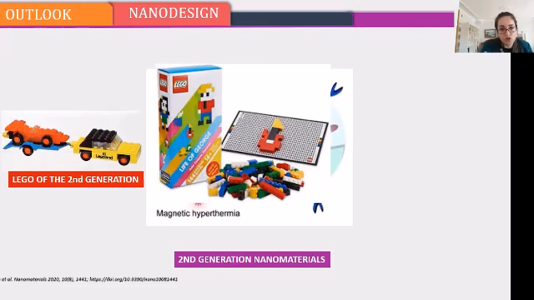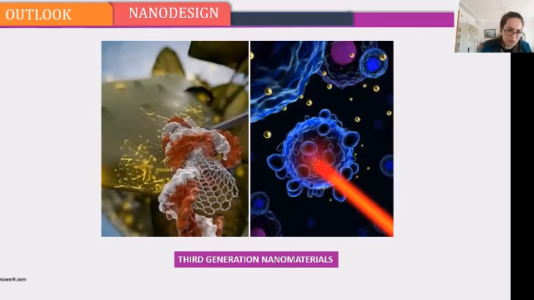If you want to go further, to more advanced studies, it is the one we call third generation, where robots, nanorobots, and nanomachines are coming. So not only do you have the functionality of the nanomaterial, but those nanomaterials may behave themselves, may move themselves, and may have real roles in industry or in biological applications. We haven't reached there yet, but we are starting to enter that era, the third generation nanomaterial era.